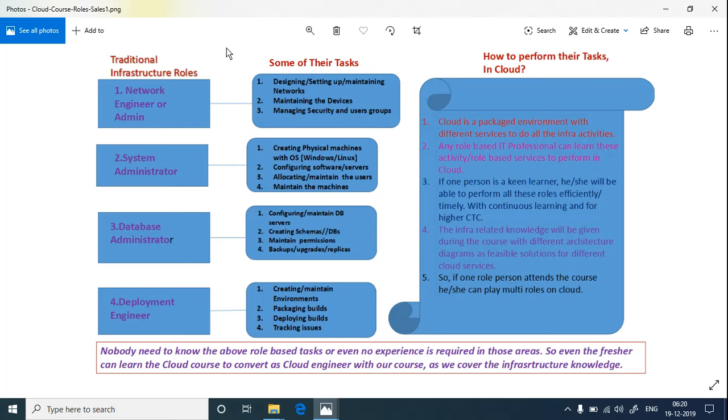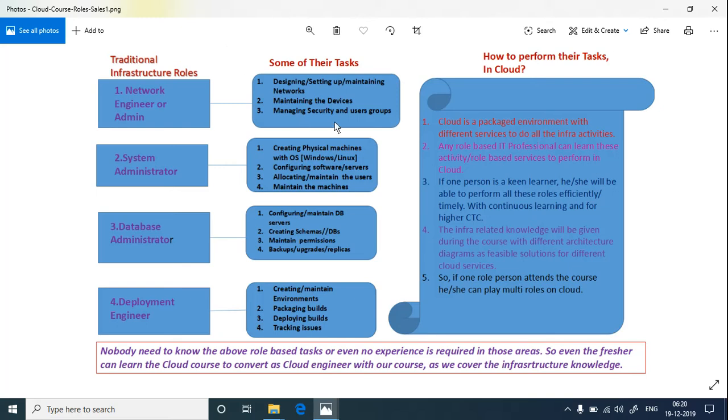They are all converted into virtualized items, and they don't maintain them physically, but from the front end they can maintain them by redesigning the network, or designing the network if it is a new network, like a virtual private cloud in any cloud service across the three top vendors like AWS, Azure and GCP. Yes, that is the system.